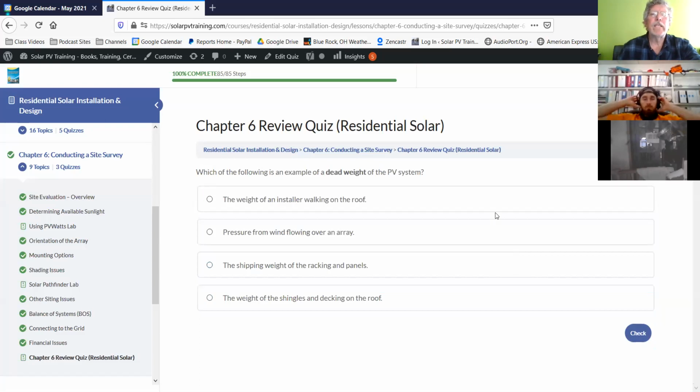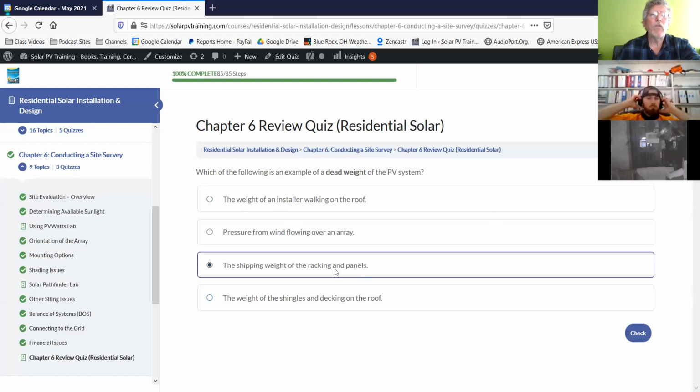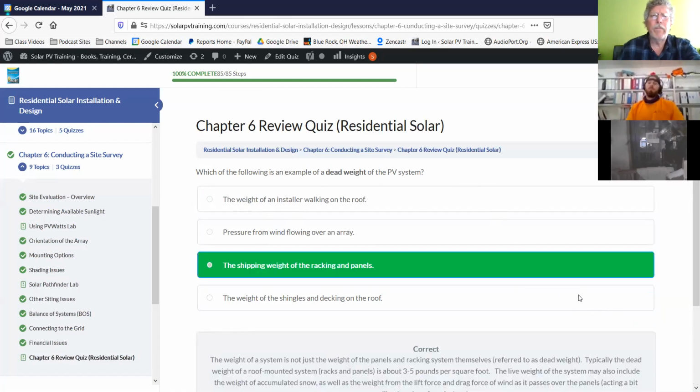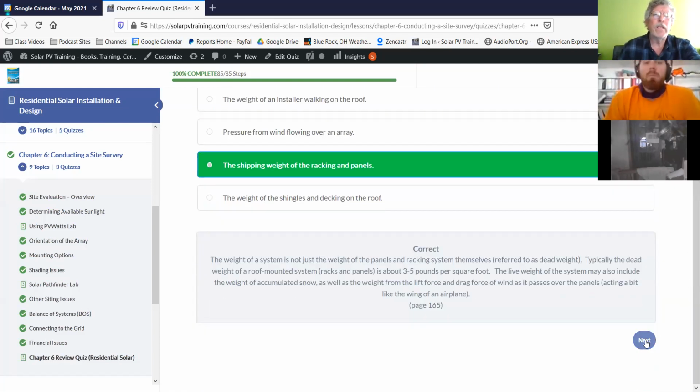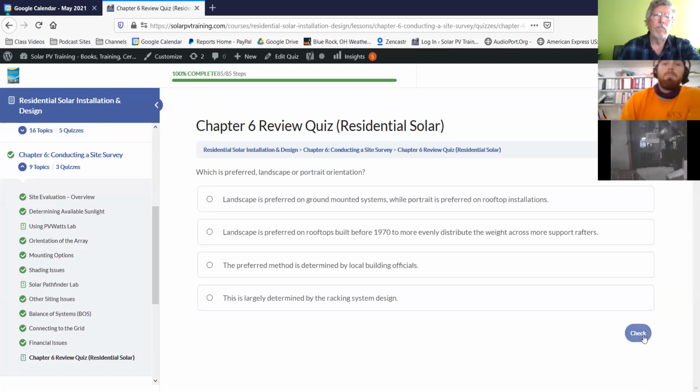So which of the following is an example of the dead weight of a system? Well, the dead weight is really just the shipping weight of the racks and the panels. That's the dead weight of a system. And it's usually only going to be 2 to 3 pounds per square foot, not very much. The live weight is usually a lot more. And of the live weight measurements, it's the wind going over the solar array that's the biggest issue, because the solar array can act a bit like a wing on an airplane, and it can pull up and it can push down. And in some cases, it can push down as much as 50 pounds per square inch,